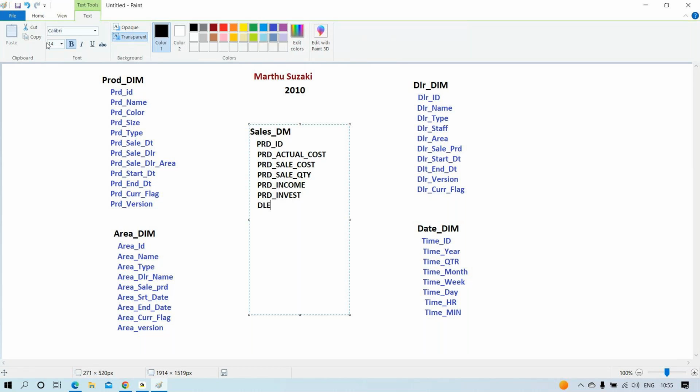Coming to the dealer, we'll have the same. If you want to tie up with Maruti Suzuki, definitely to get a dealership we have to give some security deposits. So dealer wise, what is the security deposit we are getting? And on this, how many products are being ordered? The product quantity ordered by these dealers, so that my business is running through dealers only, right? So dealer wise, what is the income they are doing? I mean to say through the security deposits, and what is the investment based on the products, and what is